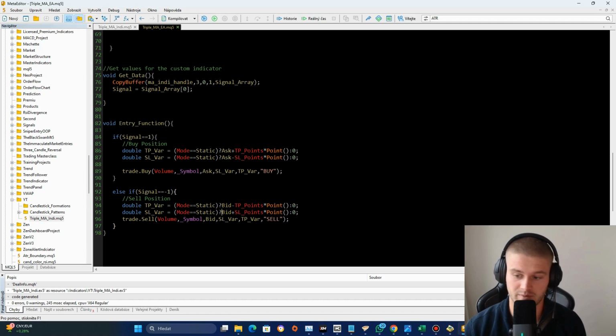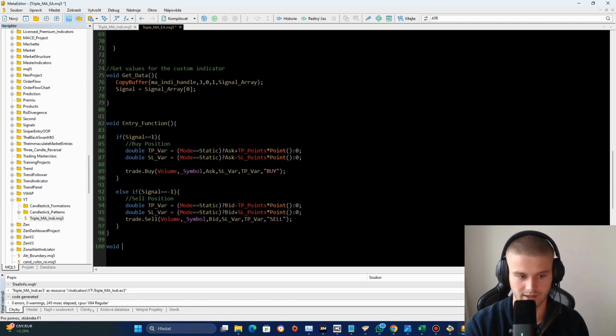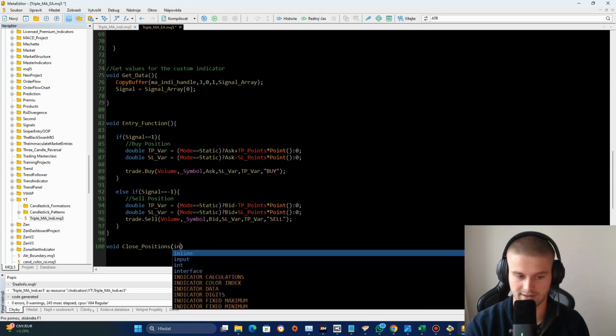Okay, so as I explained earlier, if we open a buy position, we hold it and then we wait for the sell signal, and on the sell signal we want to close that previous buy position and open a new sell position. So we can either do it without any function, so we can just do the for loop in here, but I like functions, so I will do it via a function. So let's call it close positions, and it will require one positional argument, and that is the type